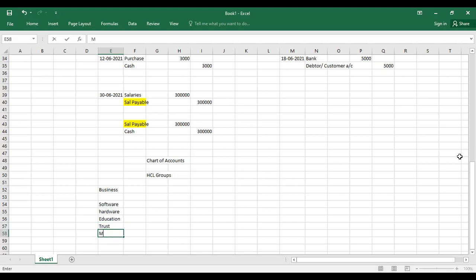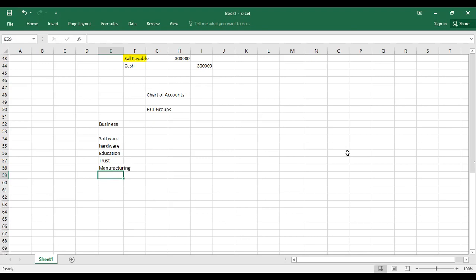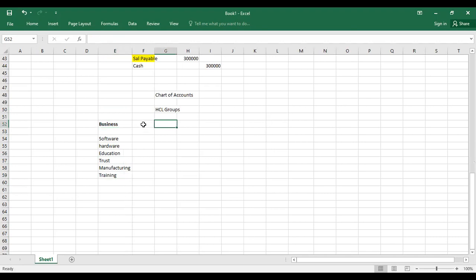Assume that we can have a manufacturing like training also, training institute. So like this, we can have a number of businesses, how many businesses you have to illustrate it here. Then how can you put next